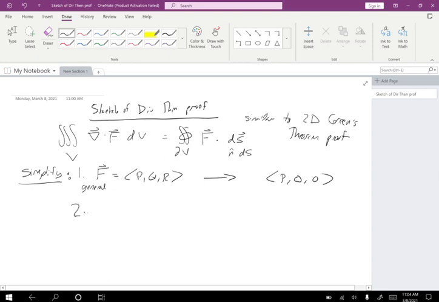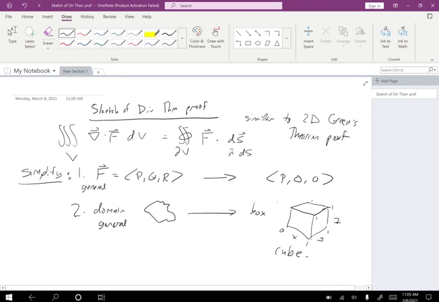The second simplification that you use is you look at the domains. If you have a general domain that looks nasty and kind of difficult to integrate, you should reduce it to a box. And I'm going to do the simplest box, where this is the origin and all the sides have length 1, so it's just a cube. It turns out that once you can do these simple cases, the general cases will follow,